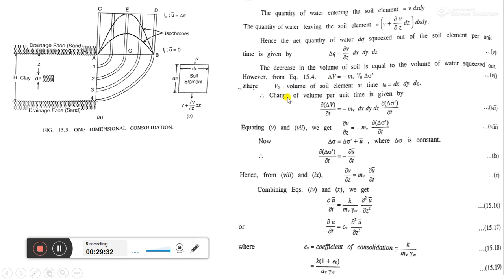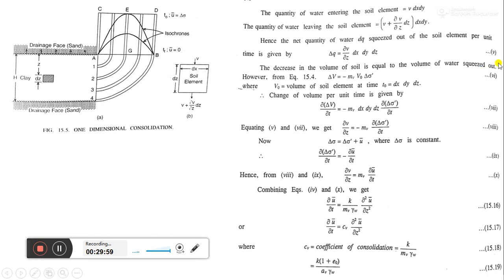Here V0 equals the volume of the soil element at time t0, that is dx dy dz, and the change of volume per unit time is given by del delta V by dt equals minus mv dx dy dz del delta sigma dash by dt. This is the equation for change of volume per unit time. Okay, equating